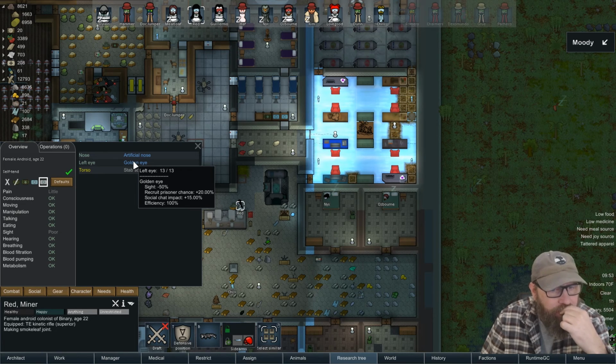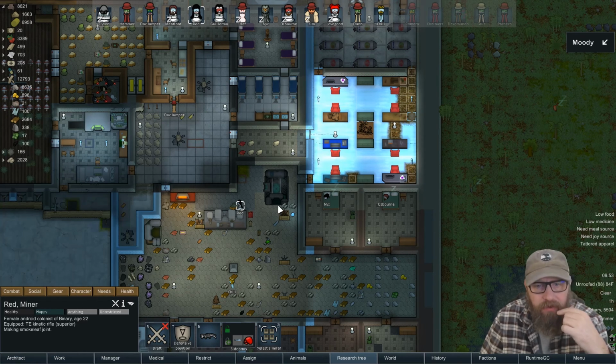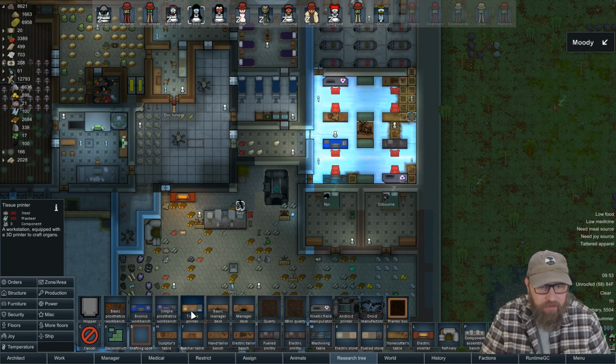I don't know. Do we leave that in? I mean, I don't think she really has... She doesn't recruit or do anything, I don't think. Yeah, no, her social's 1. So, okay, we're going to have to build the old table. That's just dumb. Well, we need to build a tissue printer anyway, so I guess we build...